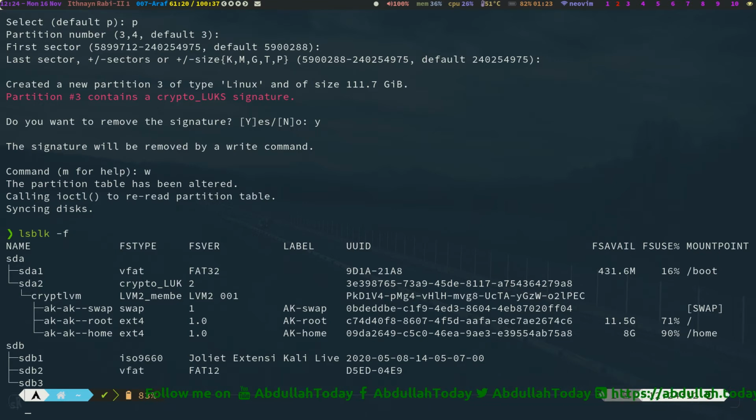Now let's encrypt the third partition of this USB.